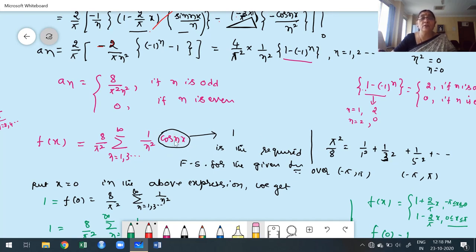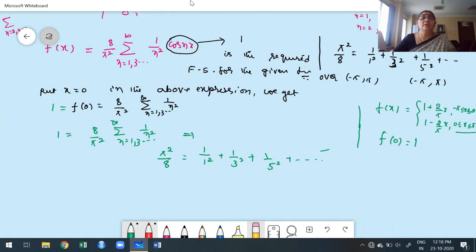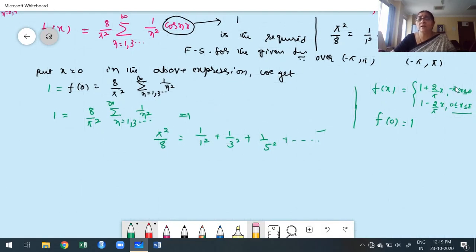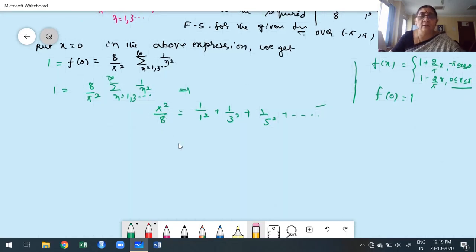I can't convert it to 0. Suppose you convert it to 0, what happens? The entire summation becomes 0. I have to convert that so the cos term is 1. Therefore, cos nx I have to convert to 1, so I am going to choose x is 0. No problem. 0 is in the given limit of the range. Once you substitute 0 and simplify that, automatically we get the required result of the given problem.